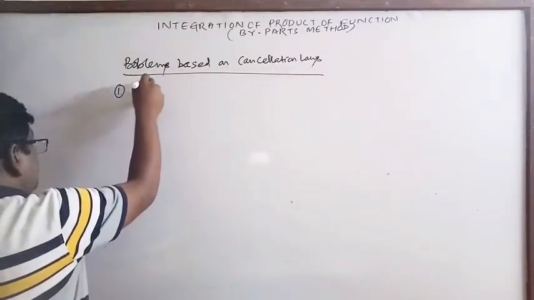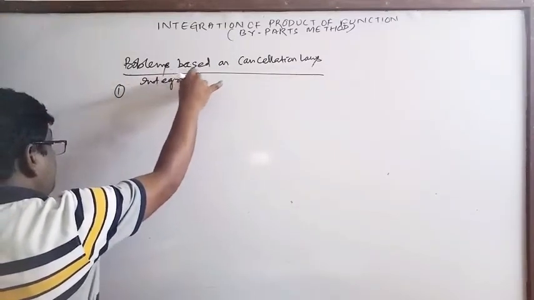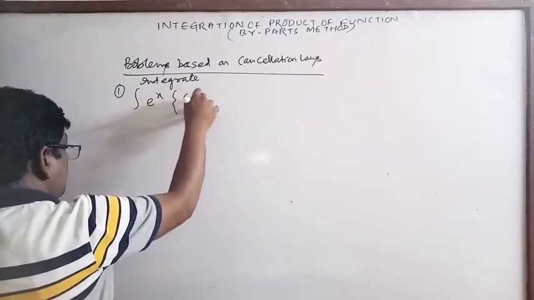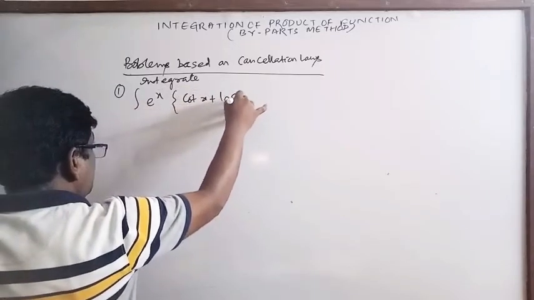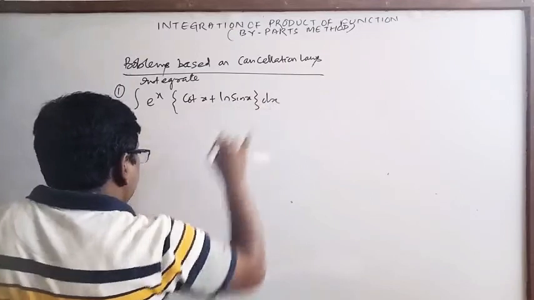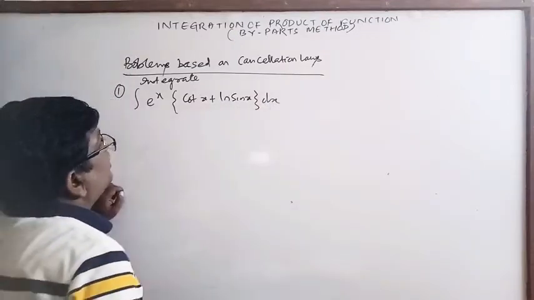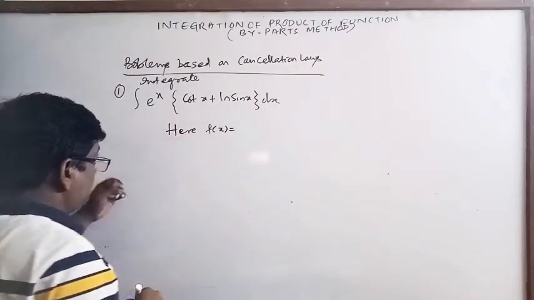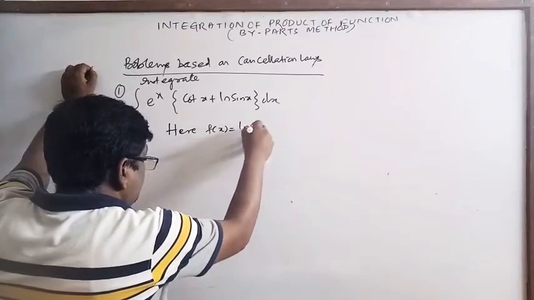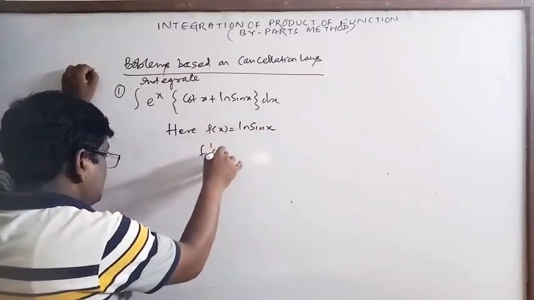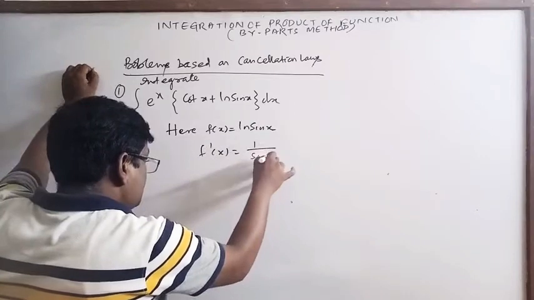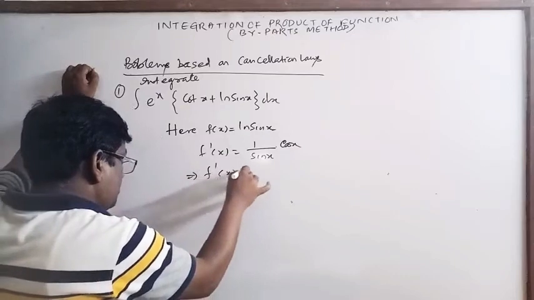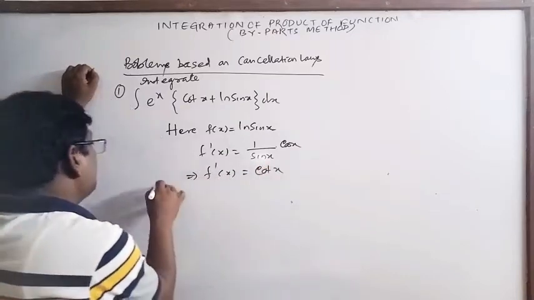Question number 1: integrate e to the x, cot x plus log sin x, dx. What is the derivative of log sin x? Here f of x is equal to log sin x. F dash x is equal to 1 by sin x and the derivative of sin x, that is cos x. So f dash x is equal to cot x. By the formula